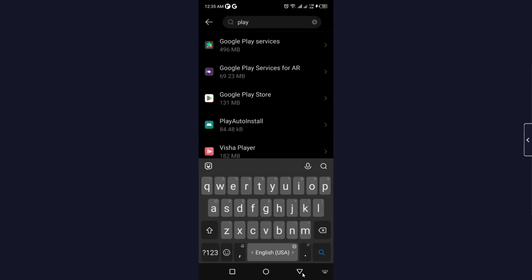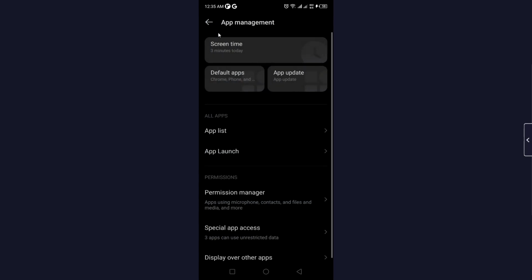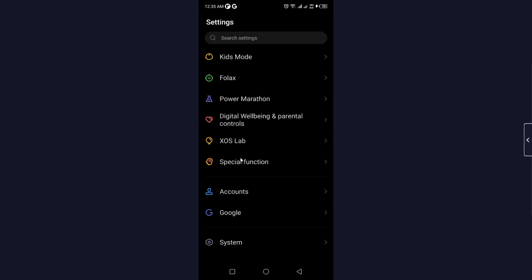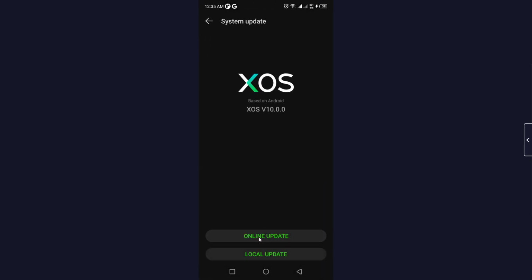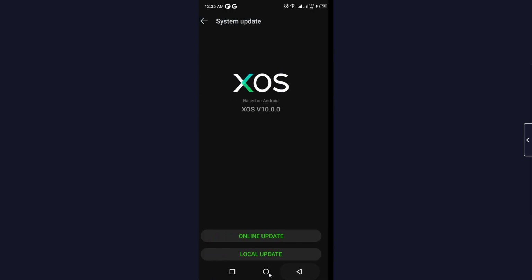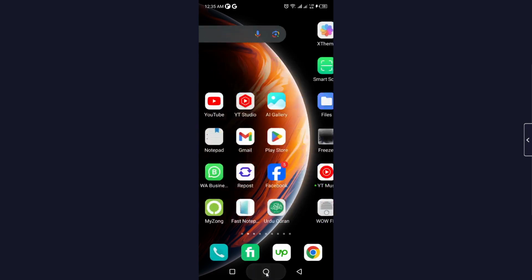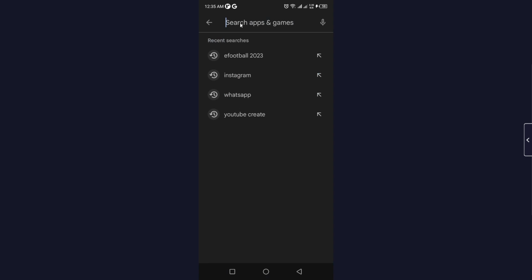Once you complete that step, you simply need to go back and in your smartphone settings, scroll down and click on system. And if you have any update, click on system update, and you need to update that online as well. So here you can see that my system is up to date, and after that you need to restart your smartphone and open Play Store and search for